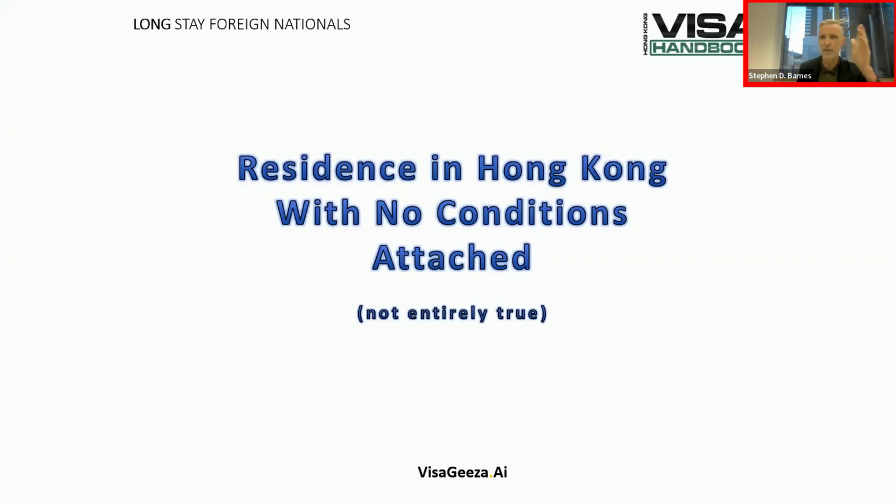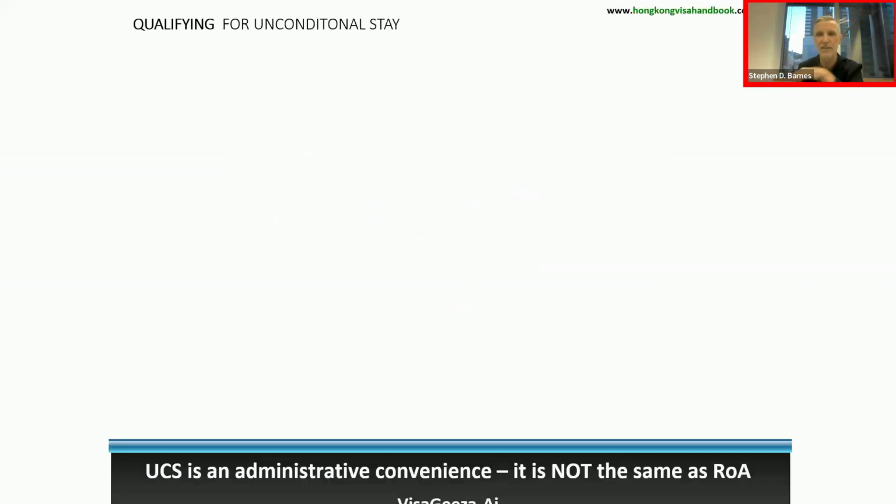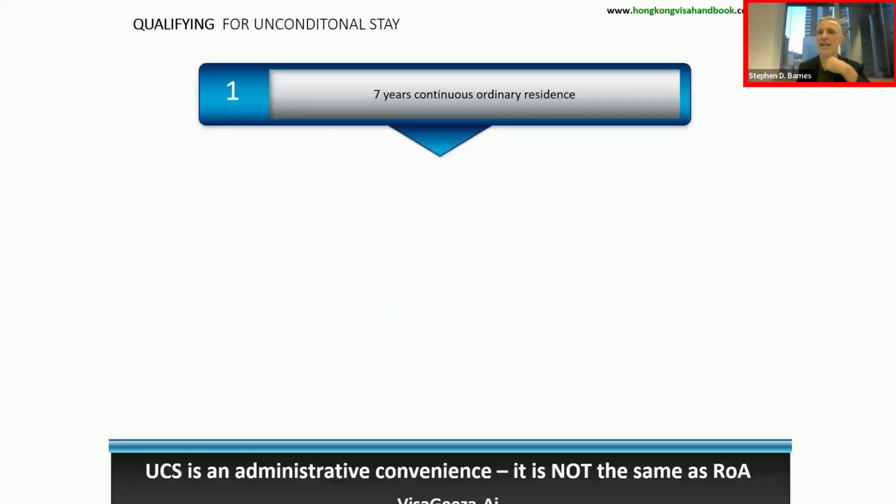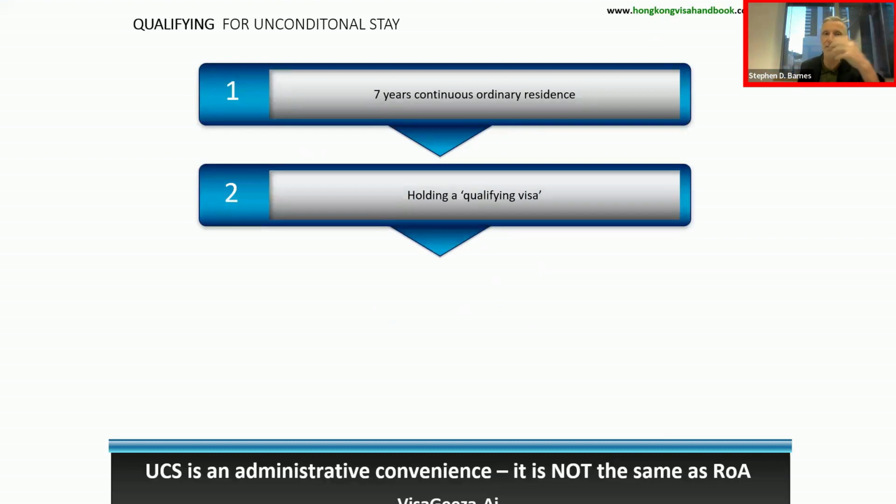To qualify for unconditional stay, you have to demonstrate continuous ordinary residence as though you're applying for the right of abode. But if you can't honestly put your hand on your heart and say, I've taken Hong Kong as my only place of permanent residence, you can apply for the administrative convenience of the unconditional stay status, which requires, again, 7 years continuous ordinary residence. You must have held a residence visa throughout all of that time, and all of the visas barring visitor status that we've discussed today would, or supplemental labour scheme, would qualify you for